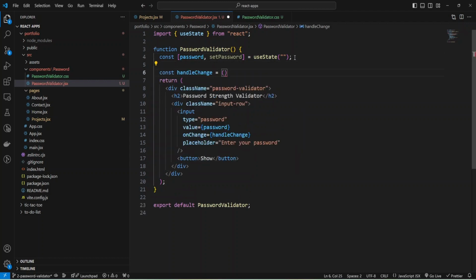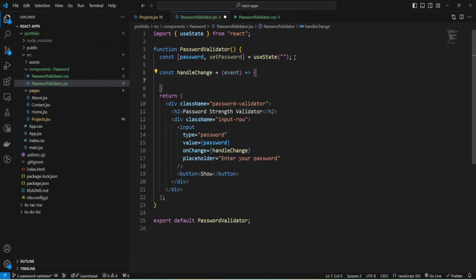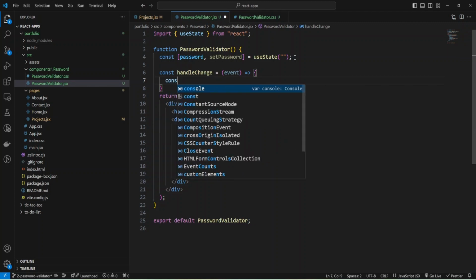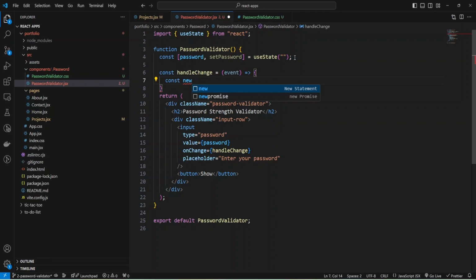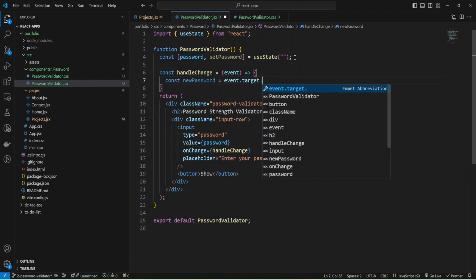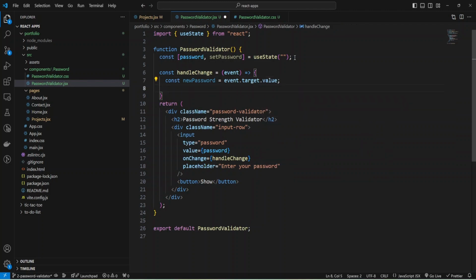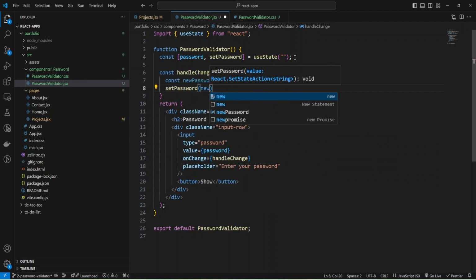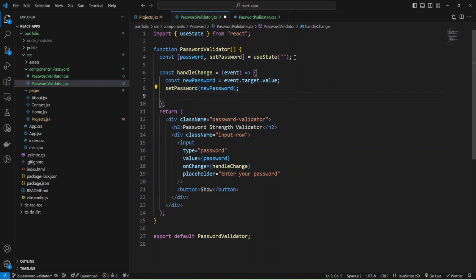It will take event as parameter, and first of all I'm going to read value from event, and it will be new password, and we can retrieve the value of input using event target value, and now we can set password to our new password that we get from input, and I can write into console my new password, and let's check what I have.